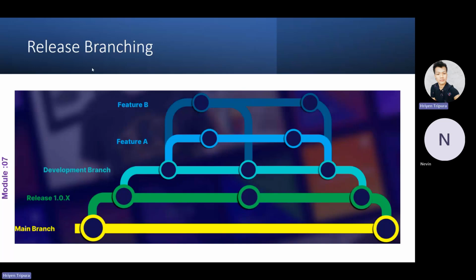So the release branch, why is it used? As you can see, this is the main branch. We have a release branch and development. In development, we have two different branches, right? What the release branch basically does is prepare and stabilize the code